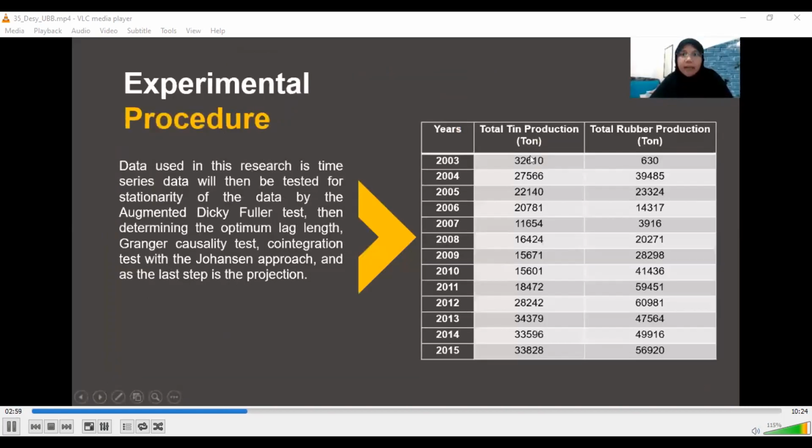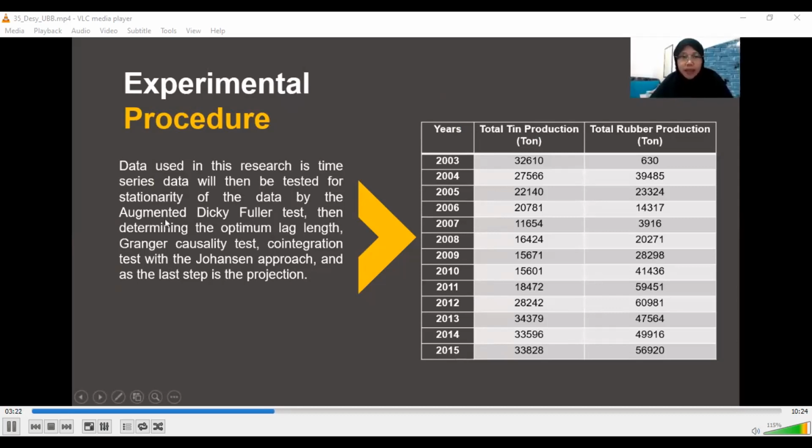Okay, this is the time series data that we use in our research. We are using the total tin production in tons and total rubber production in tons. We start from 2003 until 2015. From the first step,